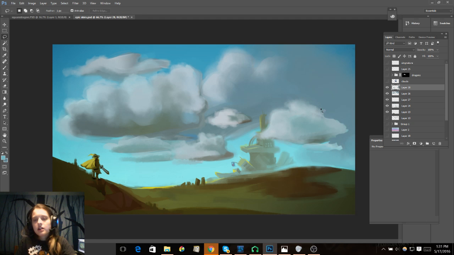So this foreground cloud needs to have a very sharp edge right here to make it distinguished from the background, to make it stand out a little bit. So I probably have to keep going in with the lasso tool to kind of achieve a similar texture, but over and over to get this fluffiness, but not with just the texture brush because it's going to make them bleed together a little bit too much. Because if I